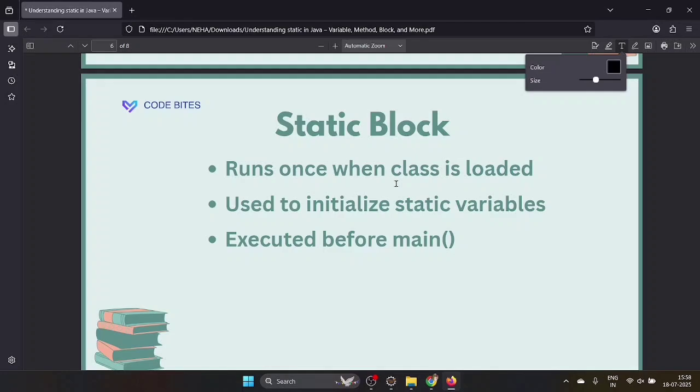One more thing they can ask: what is a static class in Java? Can we have a static class? Yes, in a nested class we can use static, not an outer class. Inside another class, that means in a nested class. They can also ask whether the super keyword can be used in static methods, and why the main method is static. You can expect these questions from the interviewer.